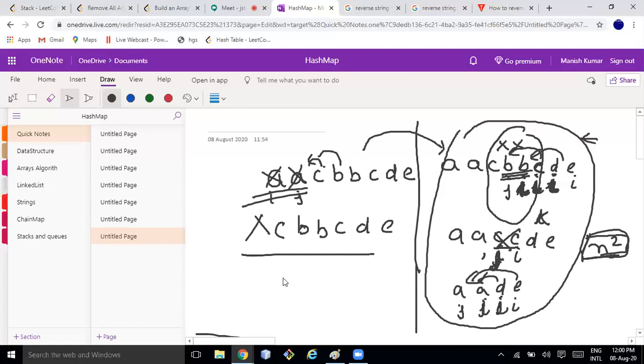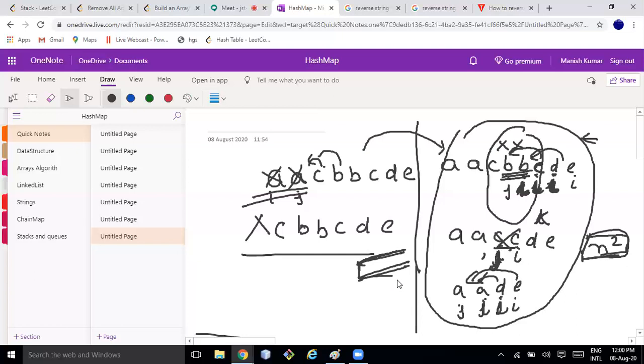If you are using a stack, you are using extra space also, right? Right, Yash? And the rest of you? That's right.